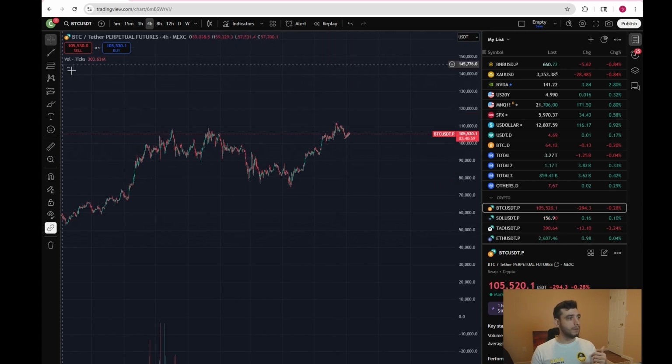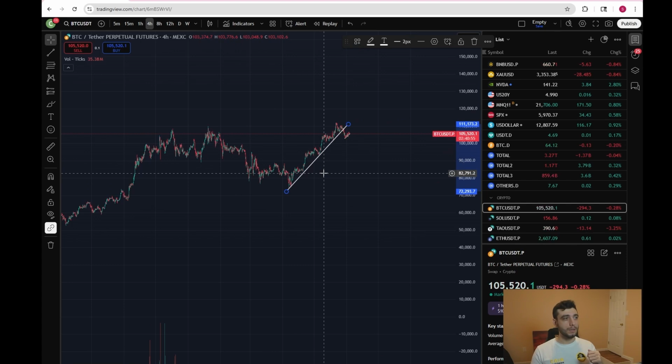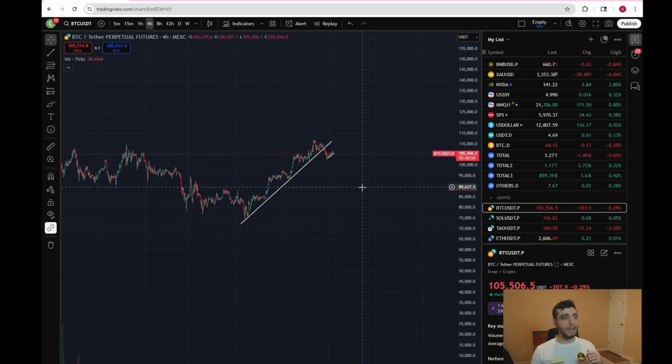If you go into the 4-hour time frame, I can see one of my latest trends over here. I can see this trend has broken, which means we do have some sort of chance of coming down in Bitcoin. For example, if you want to see what price will be coming down to once we break this trend,